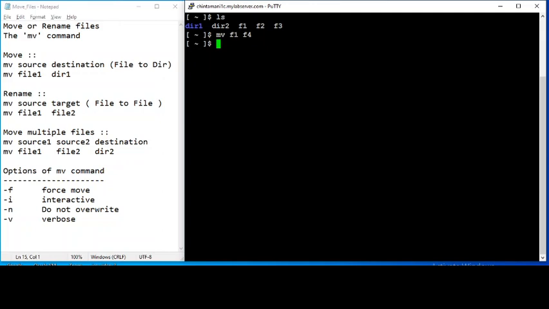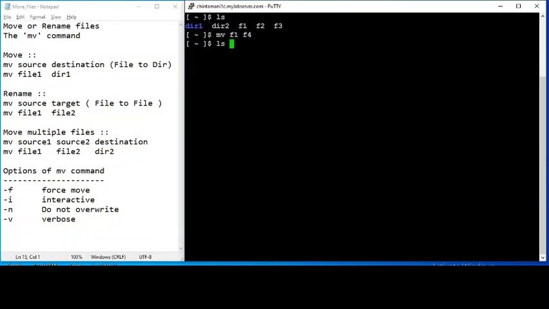Now move, in a simple sense, moves from its current place to another place, but we have not given a directory. So f1 would actually get renamed as f4. So f1 got moved as f4.